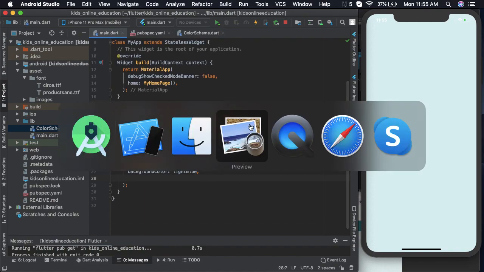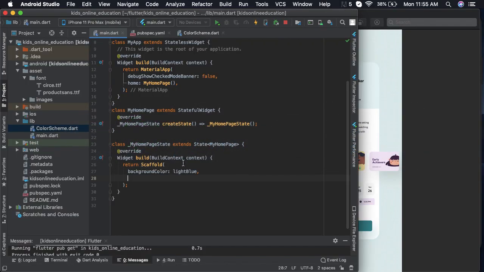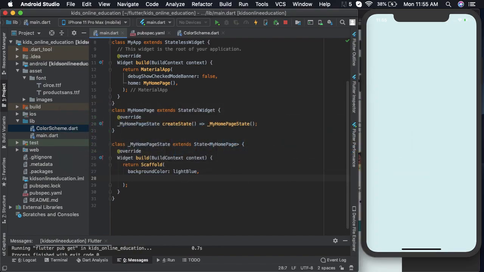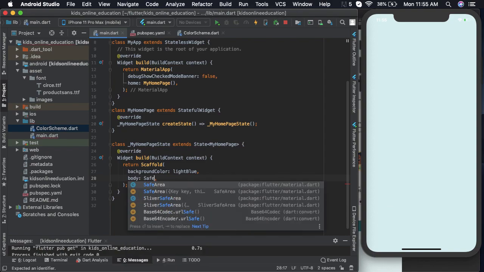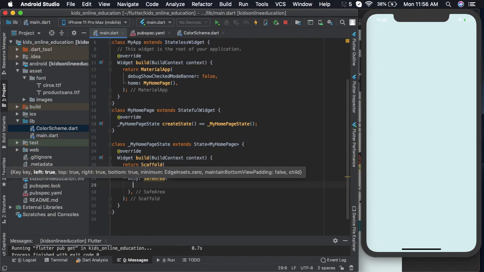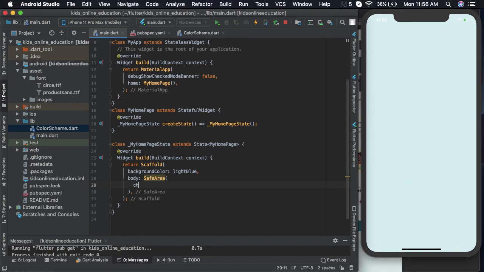Now, looking at the design, we need a row, so let us create a row first. In body, let's have a safe area, so it does not render anything outside the safe area. Now inside the safe area, let's create a column widget in which we'll have different rows. So child, column,